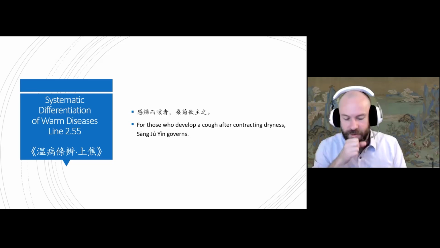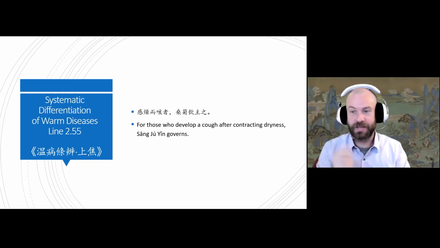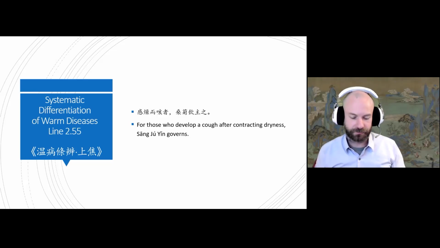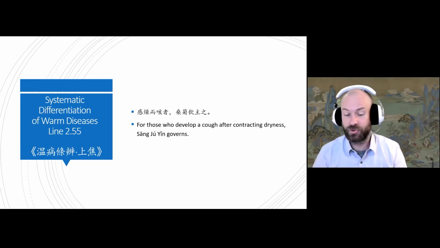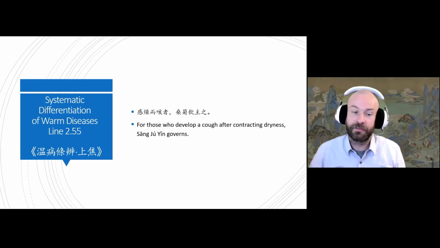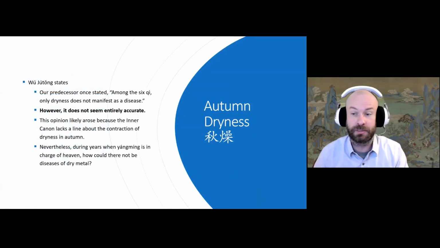One interesting thing I thought about is dryness. Throughout Chinese medicine, dryness has been a bit of a controversial topic, particularly because when Liu Wansu wrote his book about the 19 pattern mechanisms, dryness was not included. So he actually added his own lines there. Furthermore, if you remember, we were talking about Yu Jiayan, or Yu Chang. He also wrote a little bit about dryness in his text, and Wú Jūtōng actually quotes this from him.